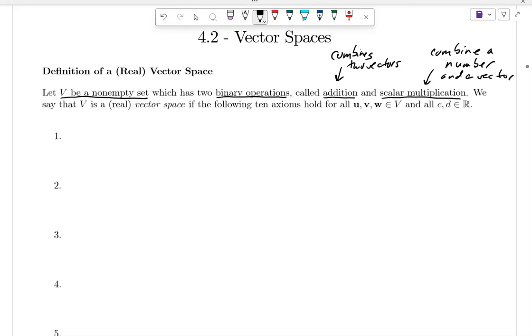Binary operation just means it takes two things to put together. Not everything is a binary operation. Sometimes you have what's referred to as a unary operation. For example, negation is a unary operation. You put one thing in, and then you take the negative of it. That's a unary operation. You can have